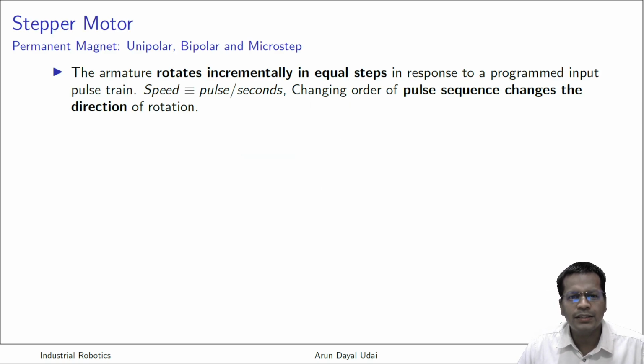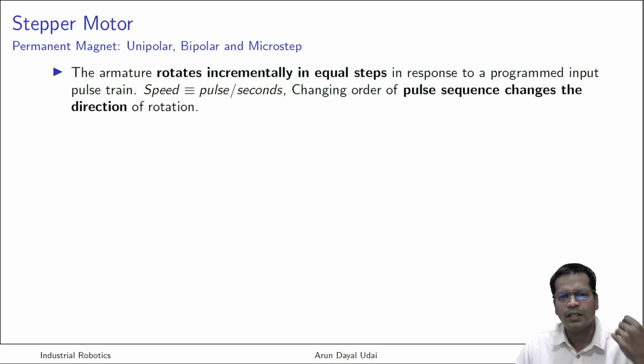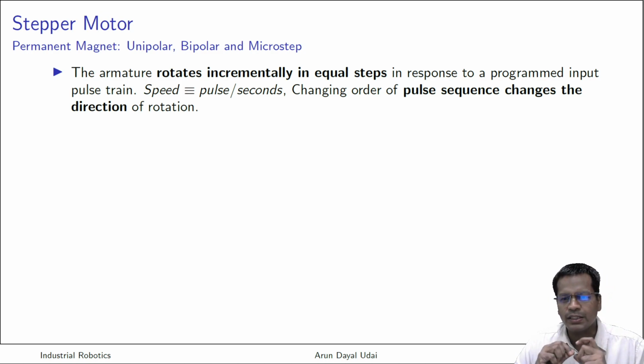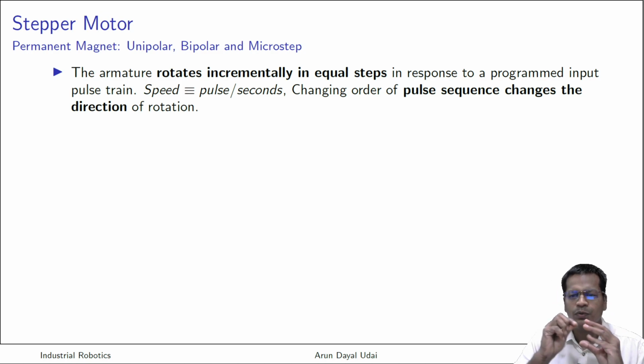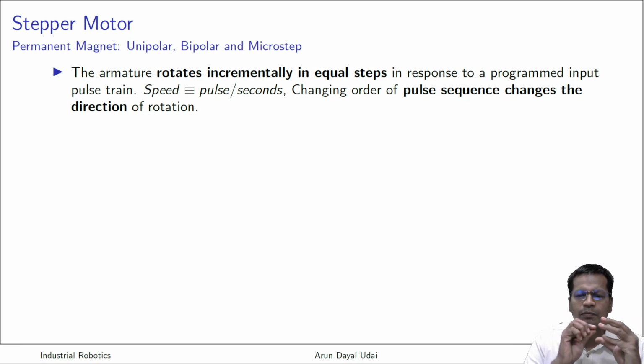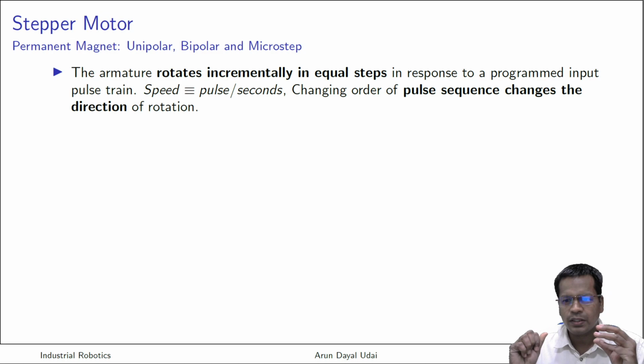So what exactly is a stepper motor? Stepper, it runs in steps. It is not continuous. If you have seen a DC motor earlier, you must have felt that if you rotate the shaft by holding the armature, you won't feel any pulses. You are able to move it very smoothly through one complete revolution. But that is not the case with a stepper motor. You may feel a little bit of jerk while you turn. Why is it so?